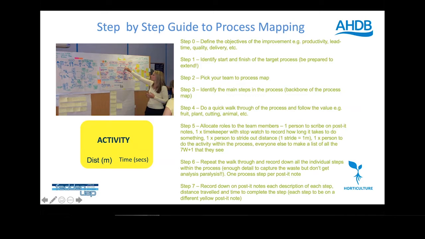So you record down on the post-it notes the activity and the distance and the time that's involved, and you basically break the process down into lots and lots of little steps. And the more steps you can do, the better, because normally what you find is by delving into the detail of what's involved within the process, that's where you start to identify these 7 ways plus